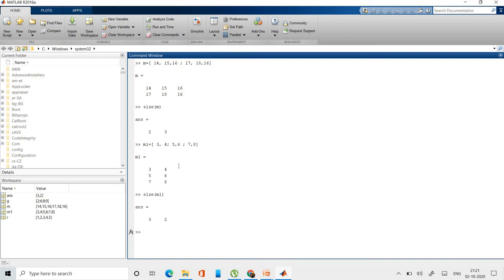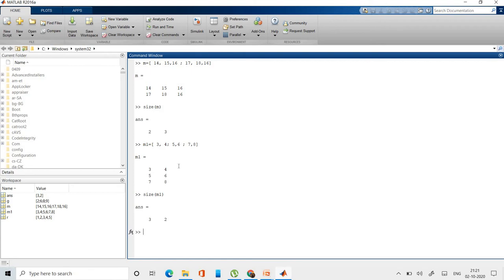Now if we want to make the matrices, okay, from some point to some point, like from 31, 32, 33, okay, so you can directly use a colon in between and then you can do that, okay.